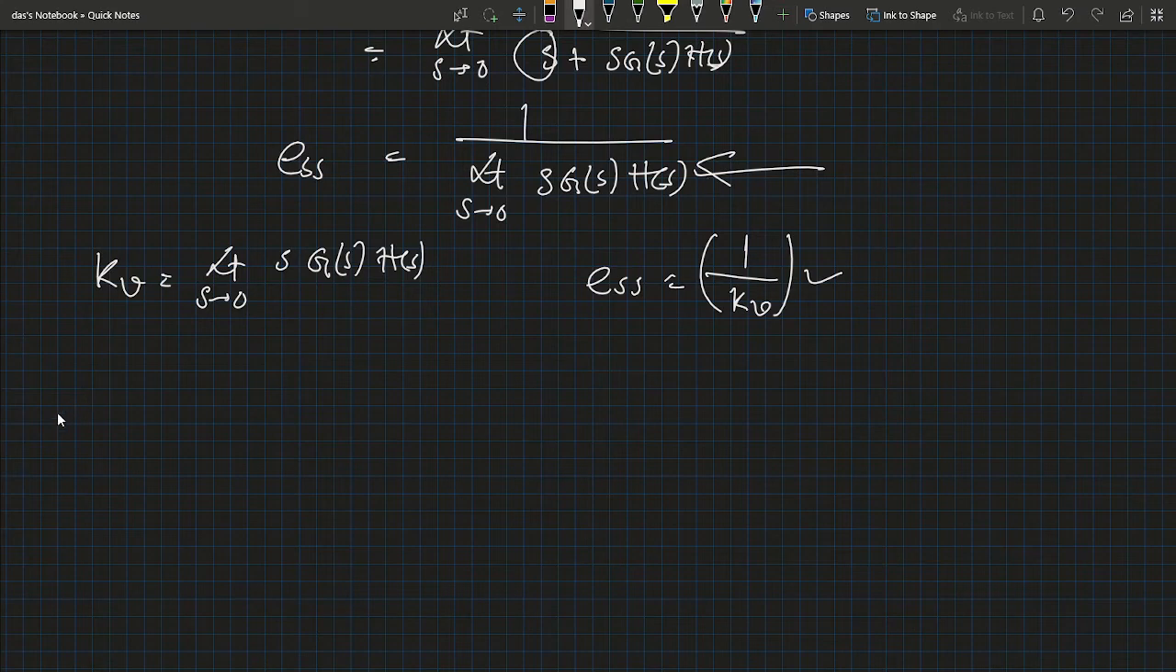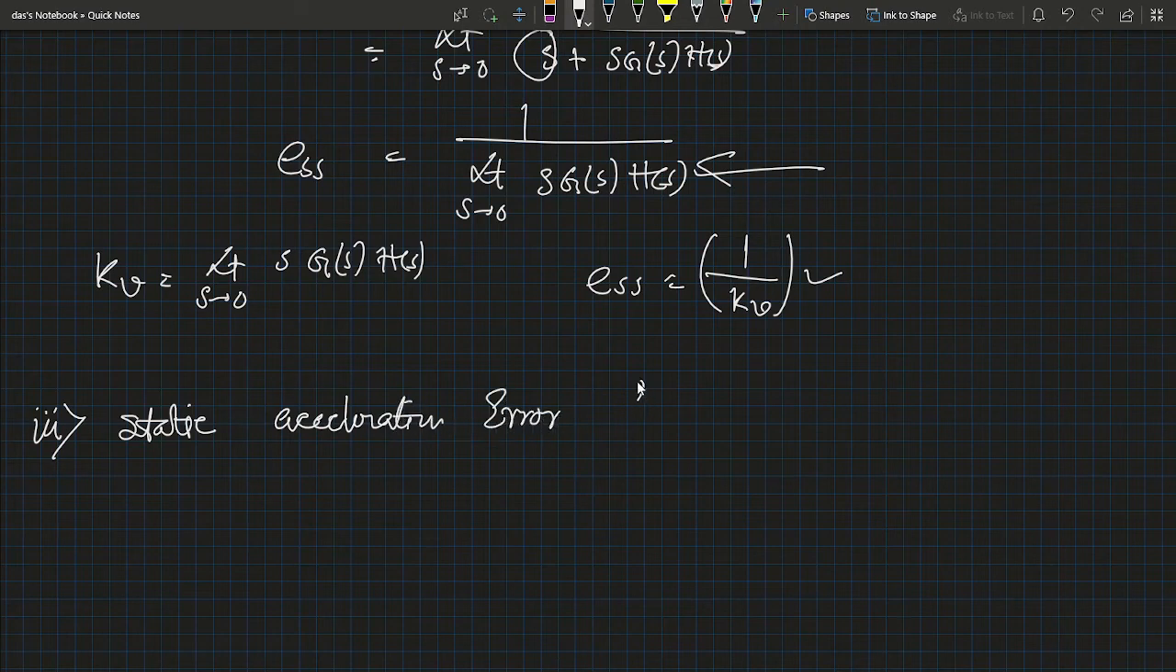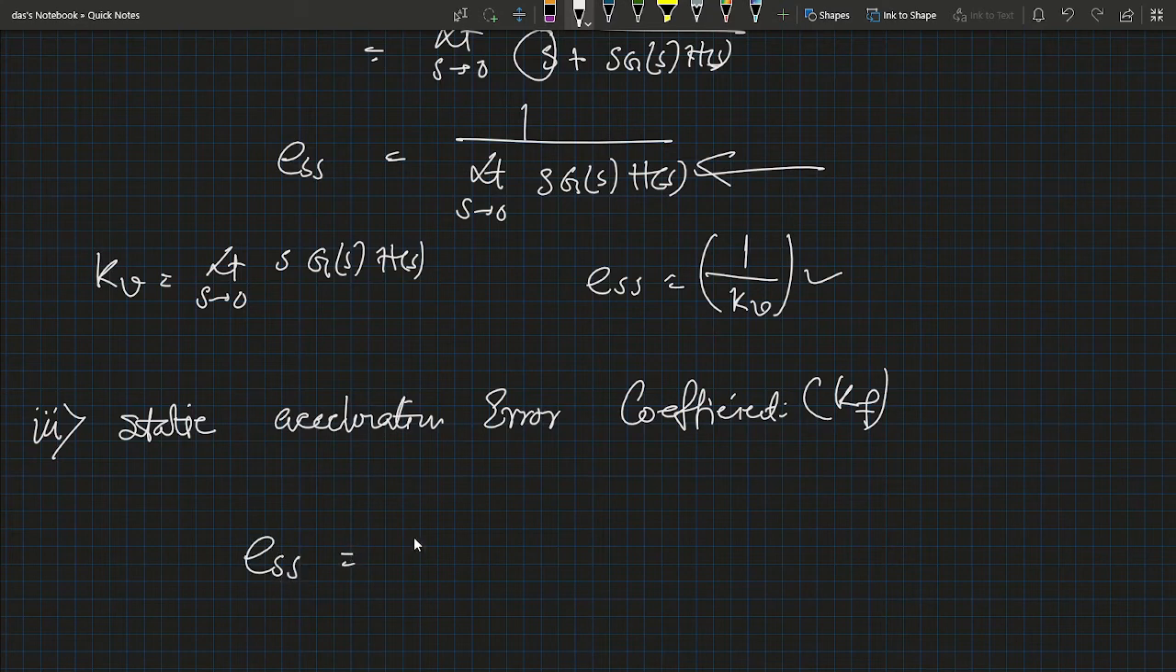Okay, now the third one is also very important: the static acceleration error coefficient. This is denoted by Ka. Now how do we calculate it? Again, the steady state error is defined by limit s tends to 0 of s into R(s) divided by 1 plus